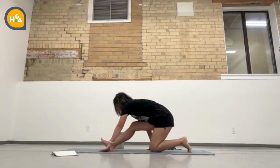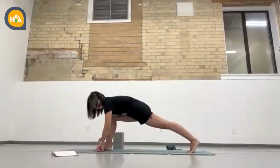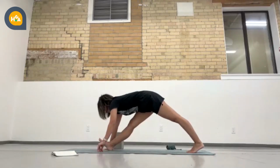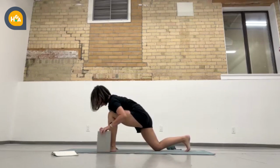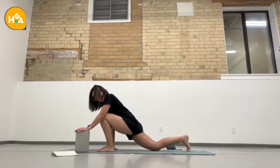Whenever you're ready, come back to the front. Lift the knee up off the ground and just stretch that front leg a little bit more. Okay, we are going to switch legs. Bring your other foot in front, lower your back knee to the ground. If you need the block, grab the block. If you need to bring it forward, and just release that knee, that hip